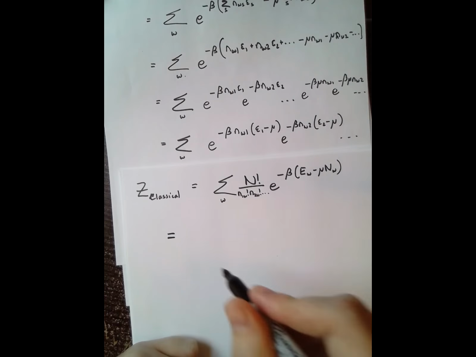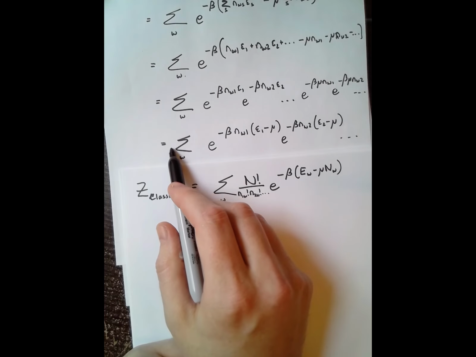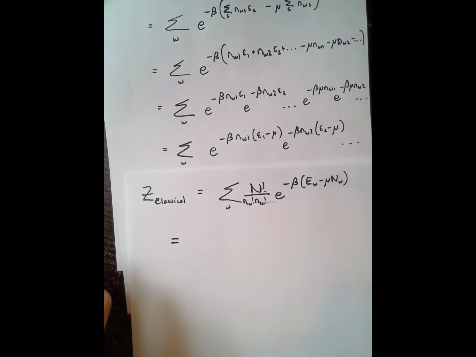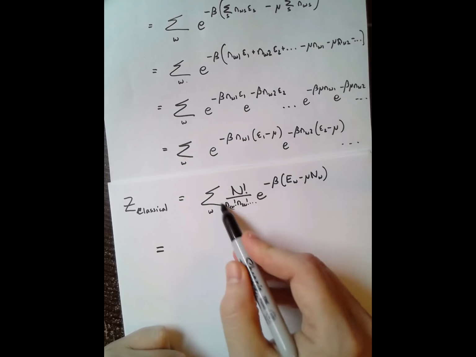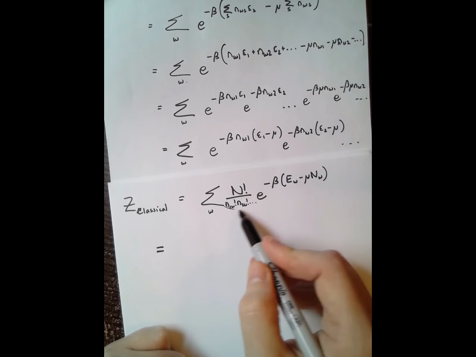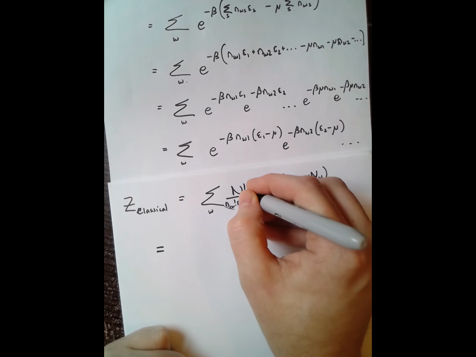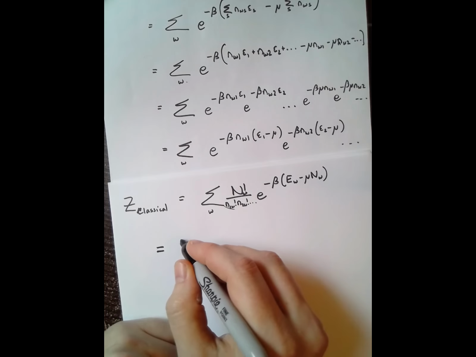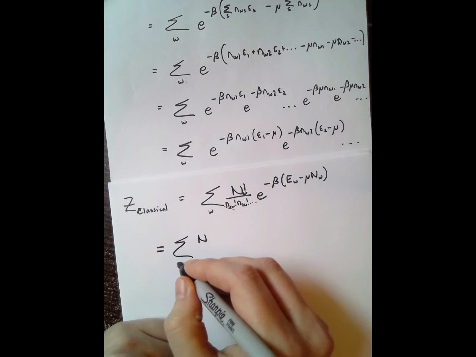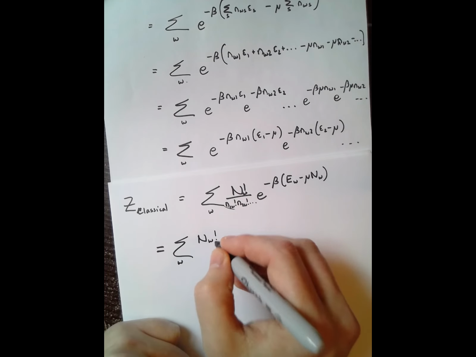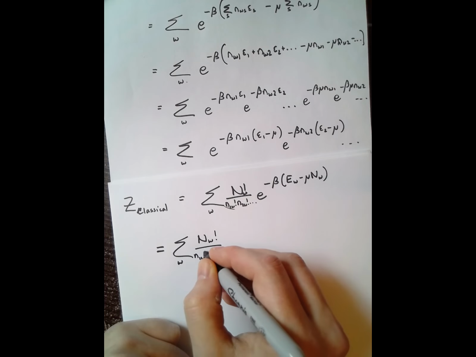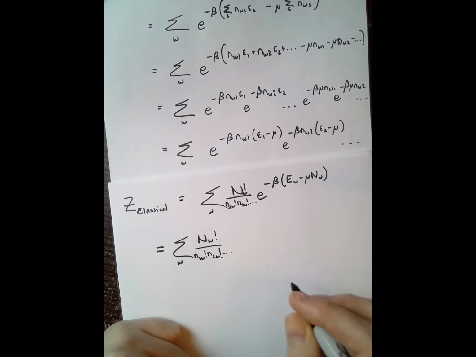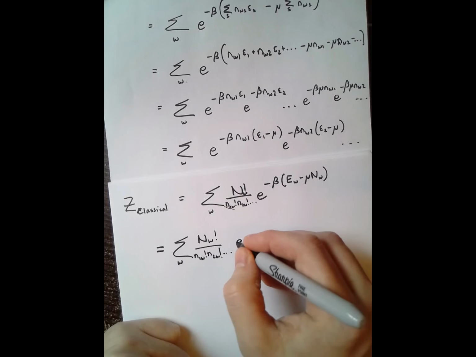Okay, so following the same steps to get to here, again, the only difference is that we've got this factor out front. This should be labeled w, nw factorial. So we've got the sum over w of nw factorial over n1w factorial, n2w factorial, and so on, times, now